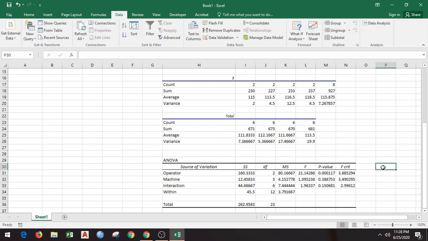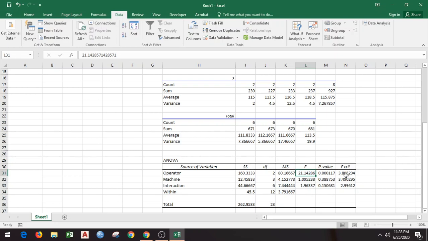So we can see that the F value here for the operator, F statistics value 21.14 is a lot higher than F critical value 3.885. So when F value calculated from the data for that factor is higher than F critical value, that means that factor is significant.